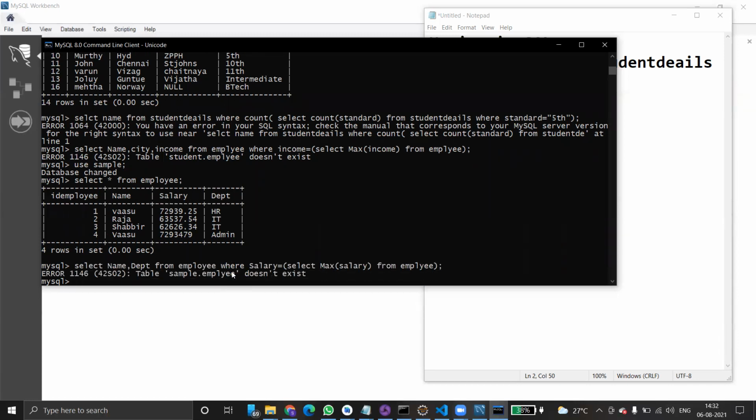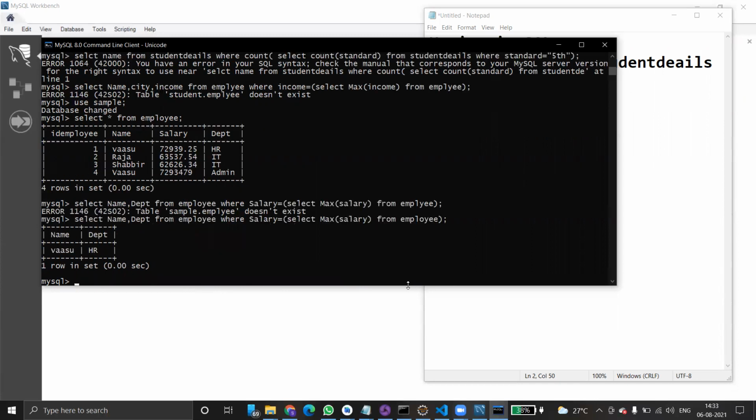Does not exist. Why? Table EMPLOYE, oh, it must have been a typo. Here we have missed employee. Here you can see. This is how we use subqueries.